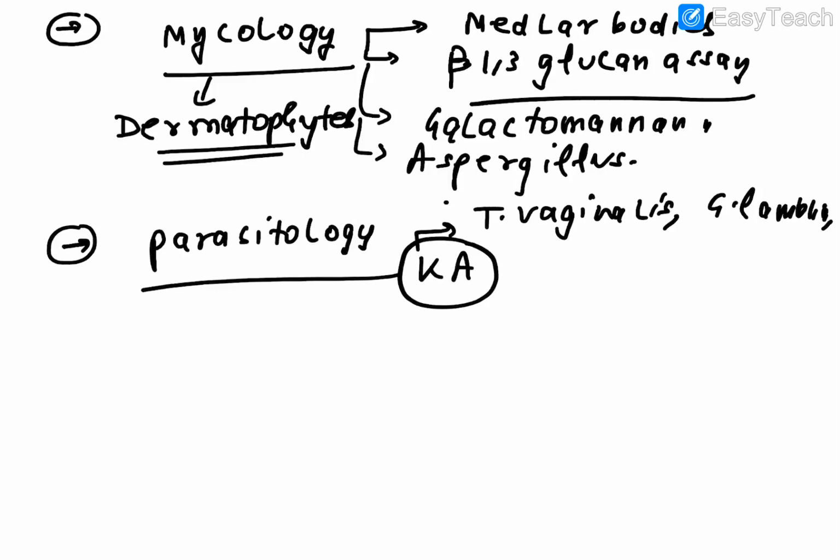Besides this, another particular favorite of theirs is coccidian parasites. They keep on asking questions regarding coccidian parasites. What is the size of the oocyst? Which drug will you use? There was a question in the NEET exam and in JIPMER also regarding the same. For most of them you use cotrimoxazole, but for Cryptosporidium parvum, you use nitazoxanide. So this also needs to be remembered.